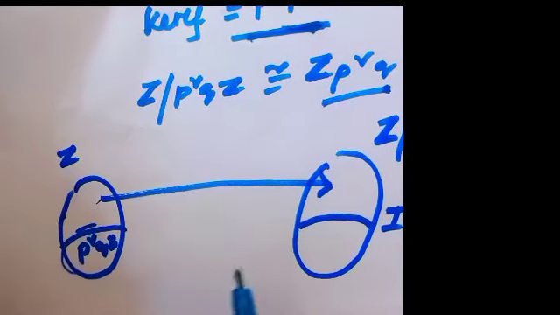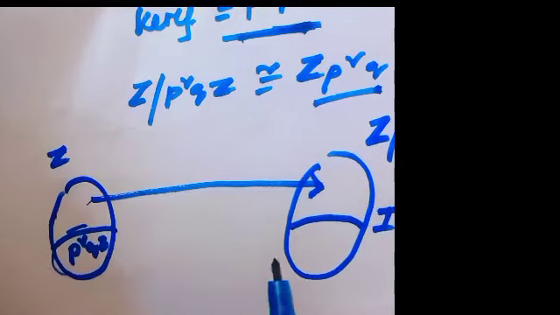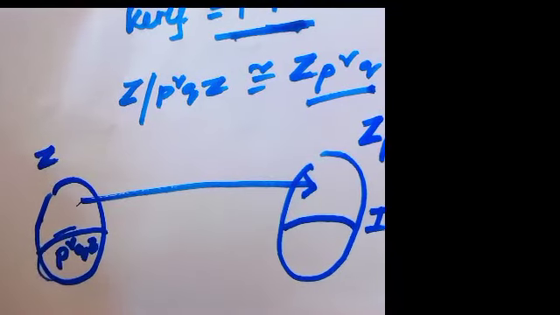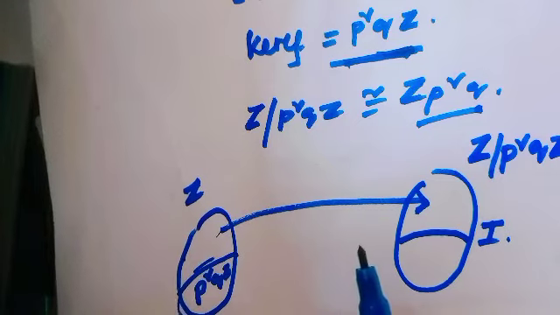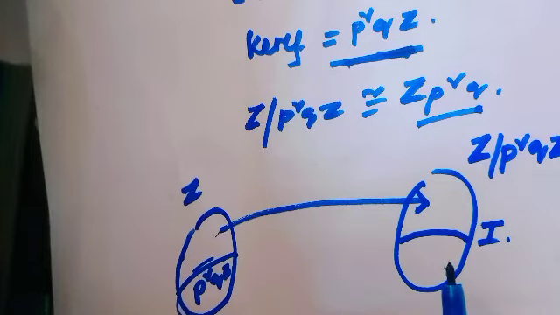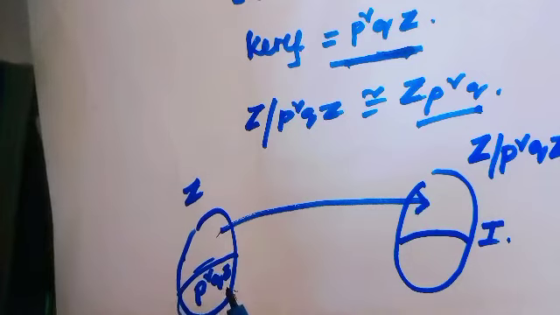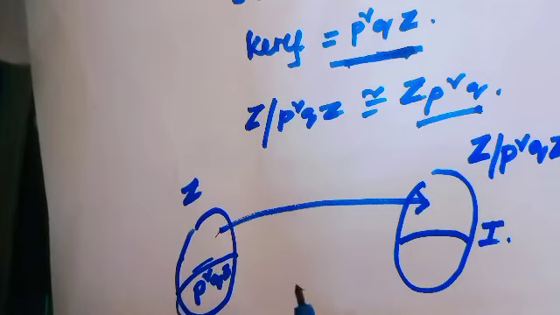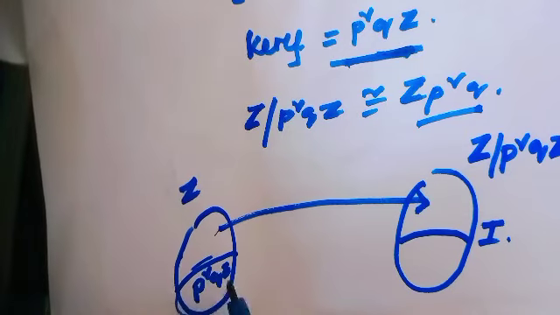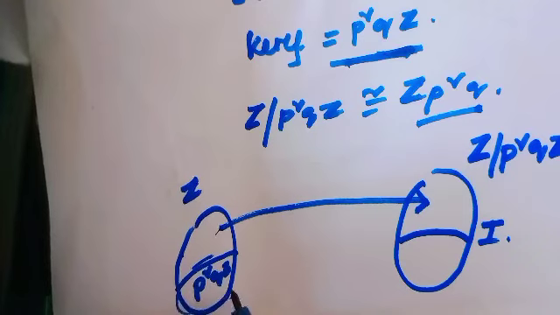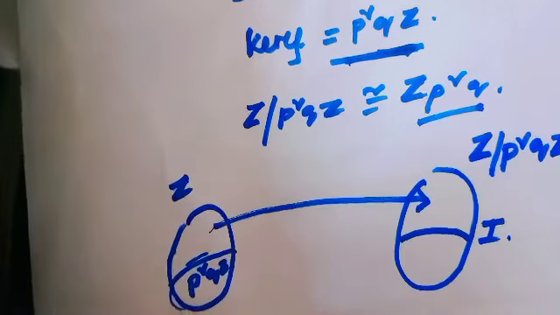Why is the correspondence theorem very important to find ideals? Same as the ring C[t] mod t² + 1, here the ideals containing the kernel of f, p² qZ in Z, means